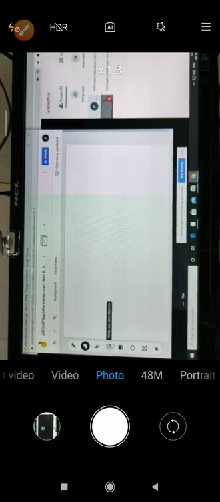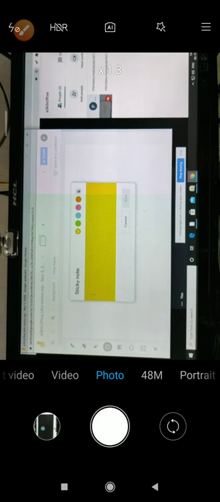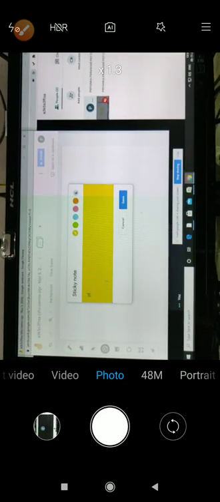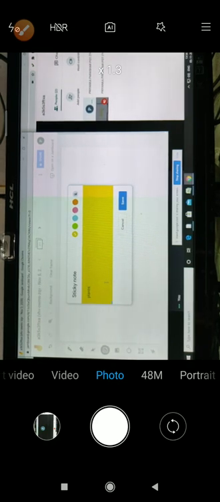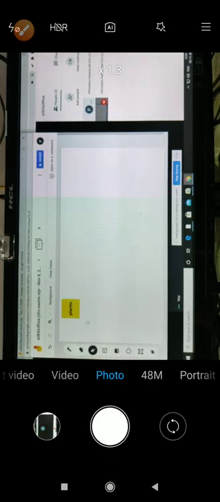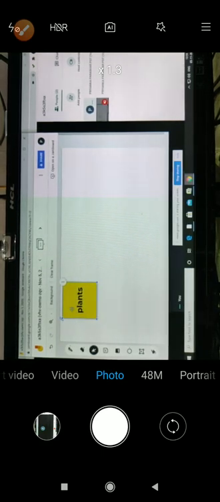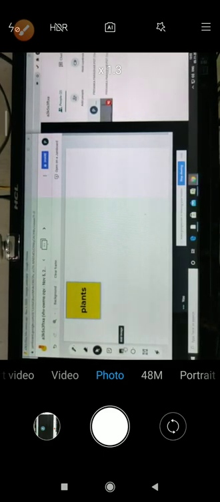In the same way, if you want to add sticky notes, it looks very beautiful. For example, I want a sticky note writing "plants", because the plants chapter is going to be started. Then save here, and it will be saved as plants, and it will look very beautiful. And then start talking about plants. Then you can increase the size, change the text, change the color also of the sticky notes. Images you can add here.